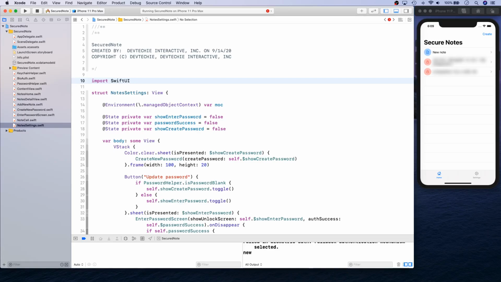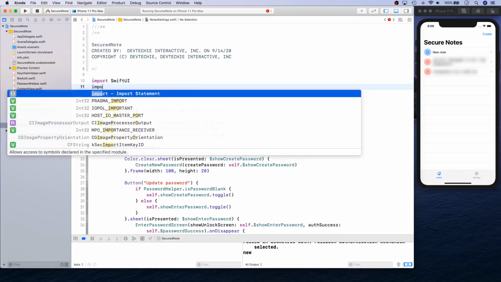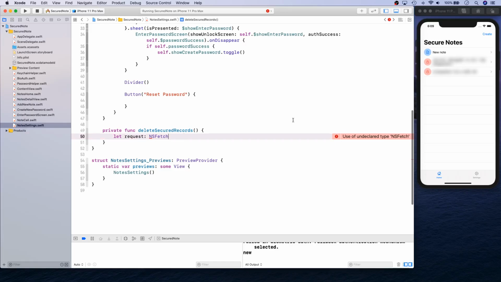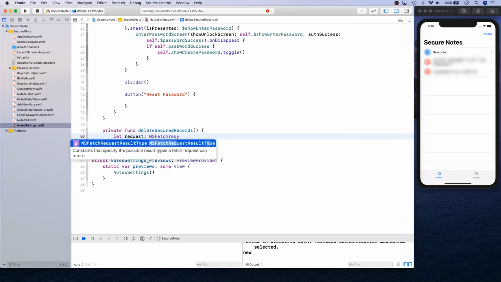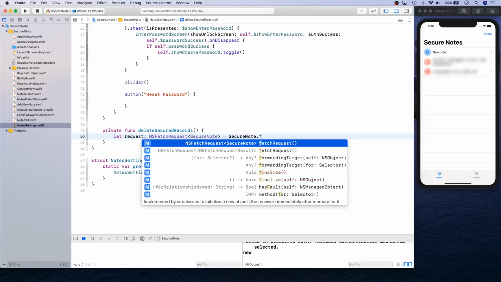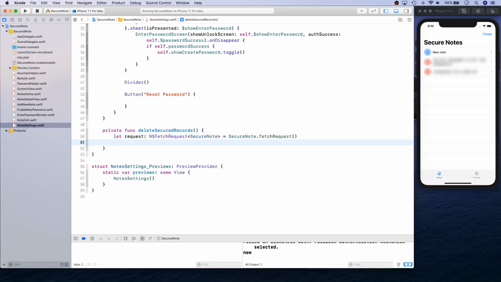because I believe we need to import Core Data here, like so. All right, so let's go back, give it another try. NSFetchRequest, like so, of type SecureNote dot fetchRequest